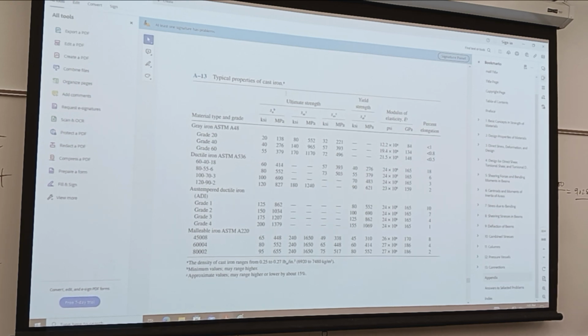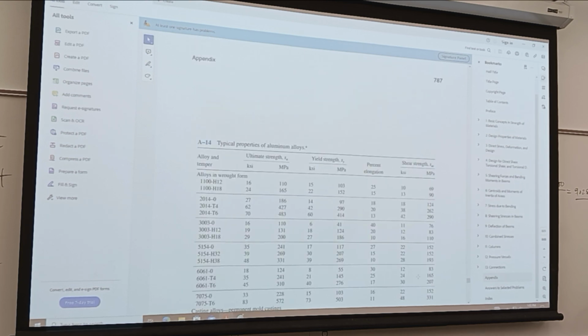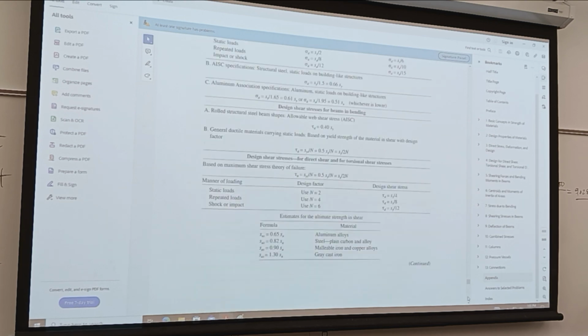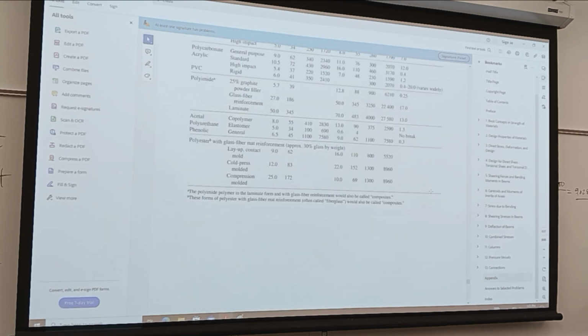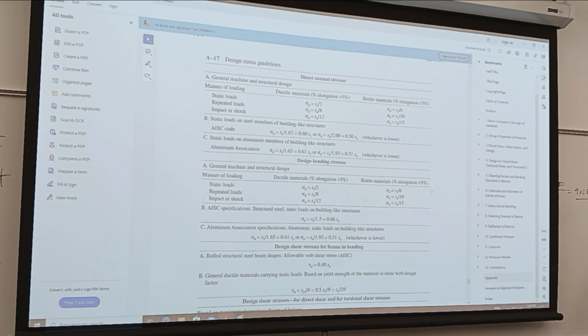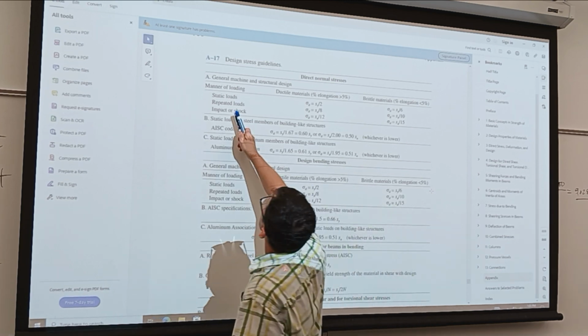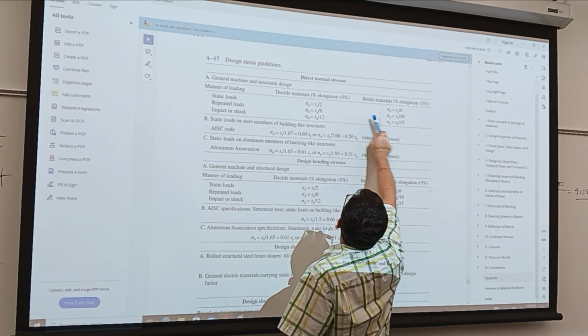Okay, but again, remember, you don't have yield strength listed for irons, and the tensile and compressive ultimate strengths differ because iron is anisotropic. It's stronger in compression. And then we have aluminums, woods, plastics, and this is a table that you want to bookmark. So A17, this is a summary of